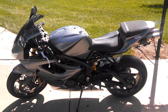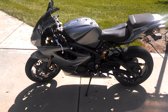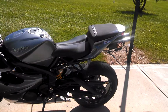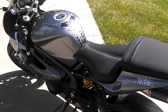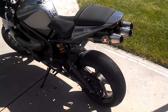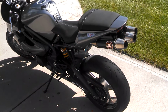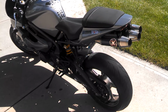I get this. It's a 2006 Triumph Daytona 675, and it's used, but it's got like 10,500 miles on it. This is my first bike ever. Like, I went straight from the